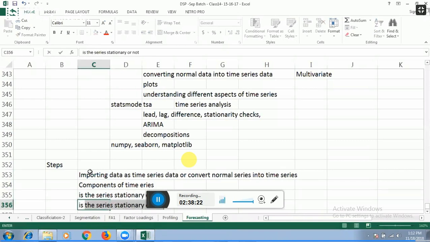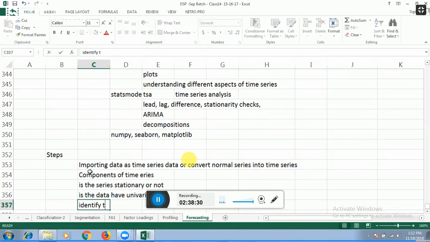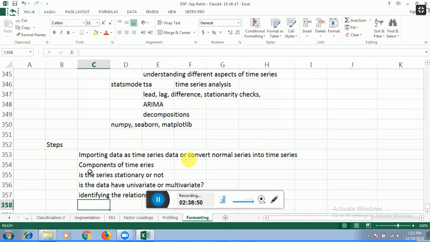And is the data univariate or multivariate? And identifying the relationships with Yt and the X variables, Xt, X1t, if it is a multivariate series. So sometimes in the multivariate scenarios, the X1, I told you, suppose marketing spend, the last month marketing